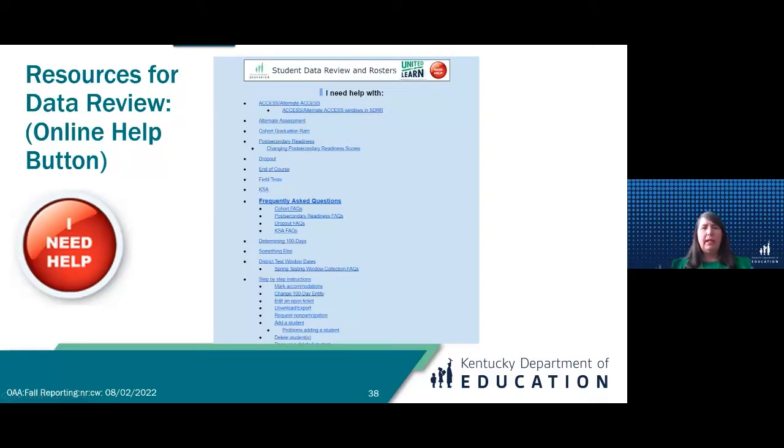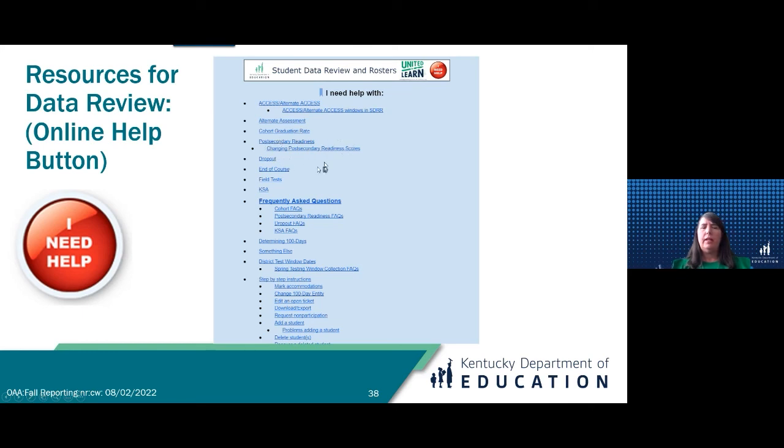Now, I wanted to go over some resources for data review, because you have this I need help button, and that is going to help you if you need help with any of the individual assessments. Also, if you need help with just cohort, there's a whole lot of information, the withdrawal codes, everything is underneath cohort. Also, there's post-secondary readiness, which I just talked about, and how to change the post-secondary readiness scores.